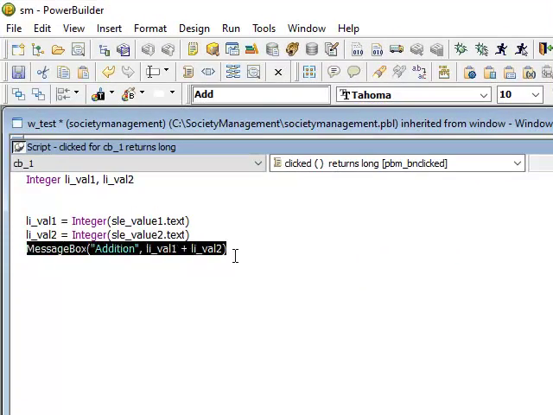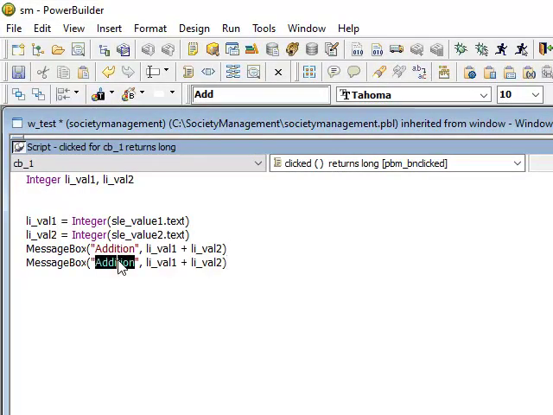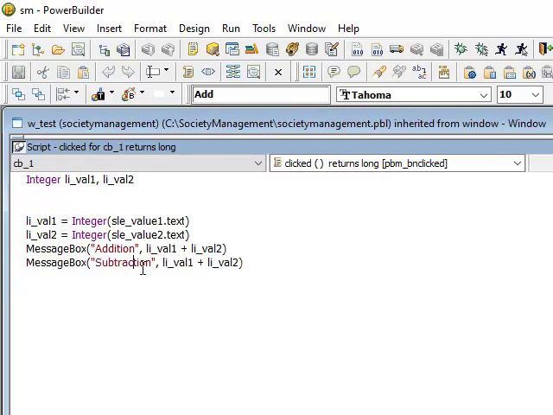You can type one more message. Control C, Control V, and then let's say SUBTRACTION. I have written subtraction, but I have not changed here.